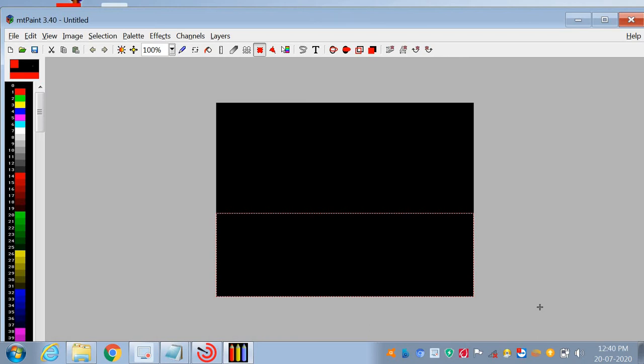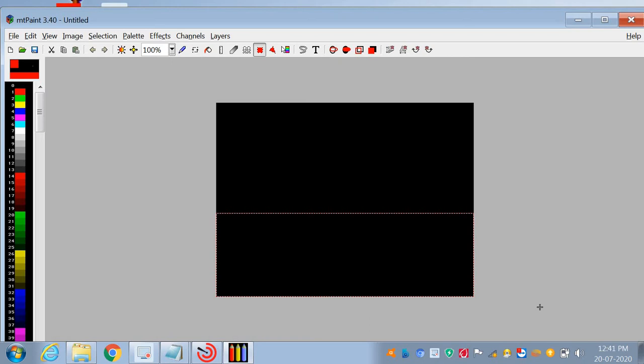With the use of the editing option we can change our image, like if we want to crop some extra portion, we can crop our image. We can change the size of the image, change the pixels of the image, and change the shapes of the image. So these are some parts of image editing.